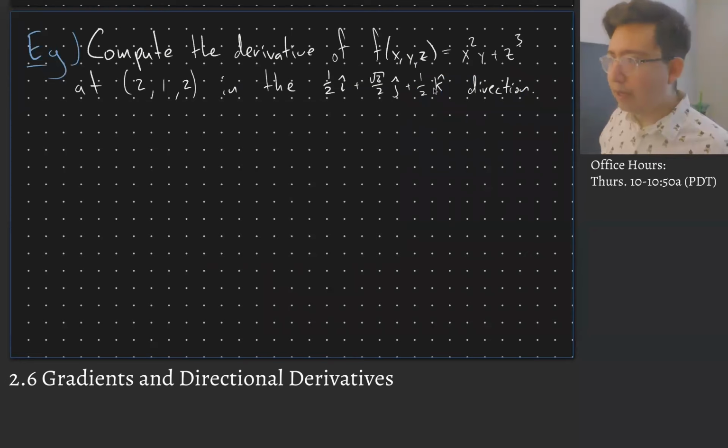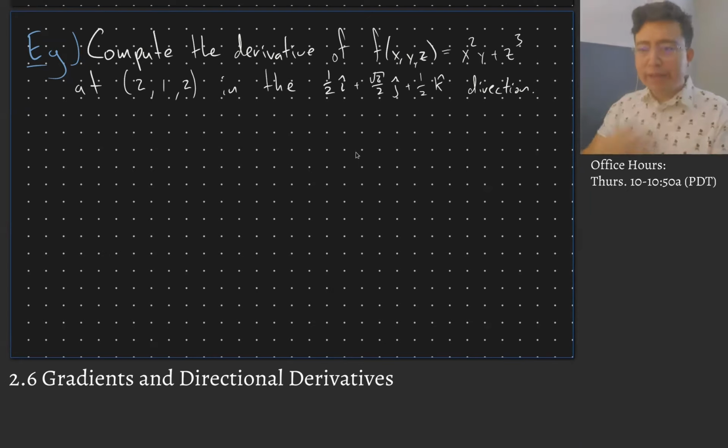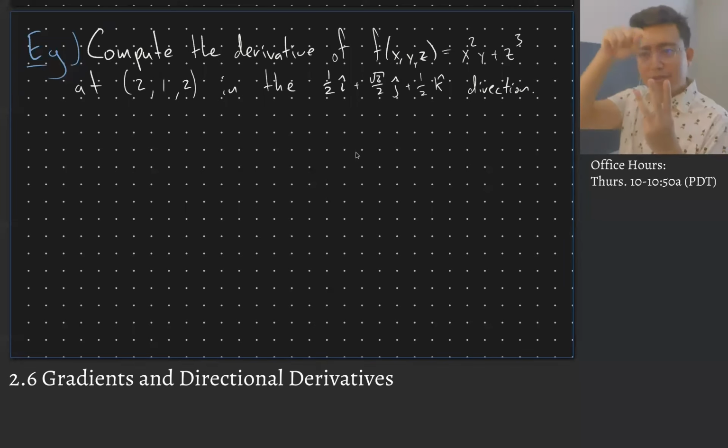Go ahead and look at a quick example. We have the derivative of this function here at this point in this direction. Remember, the most straightforward way they could present you a problem in this section is they say, here's a function, here's a point, and here's a vector. We want you to take the derivative of this function at this point in this vector direction. That's the most basic way we can ask you a question in this section. You have to be given three pieces of information: the function, the point, and the